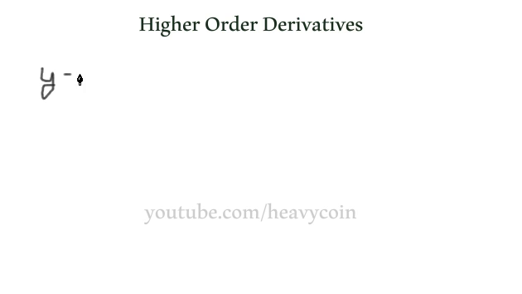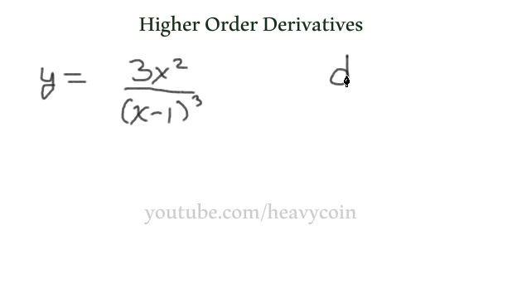We've got y is equal to 3x squared over x minus 1 quantity cubed. And this is what we're asking. So maybe you could pause the video and see if you can work this one out on your own. It's going to take a few minutes to work out, I promise. Alright, well, let's just get started. So dy